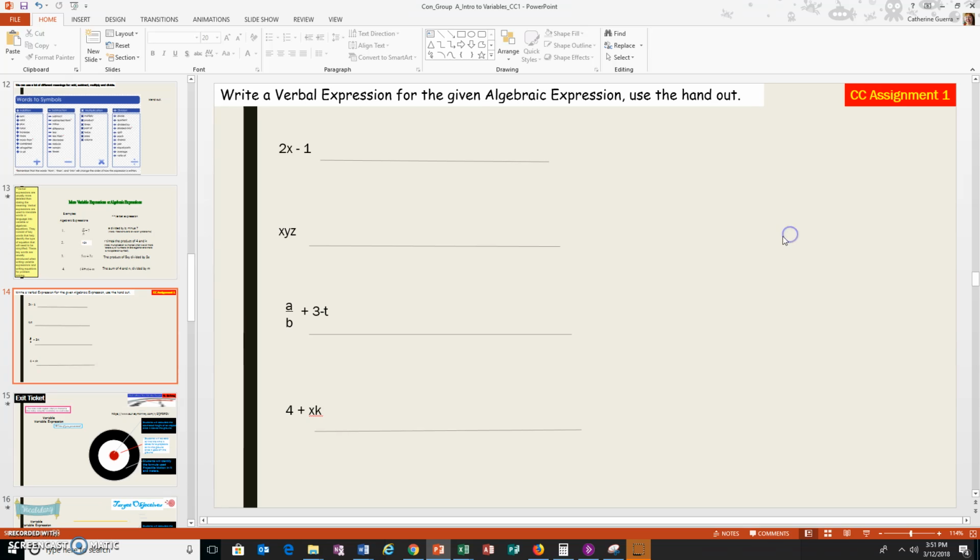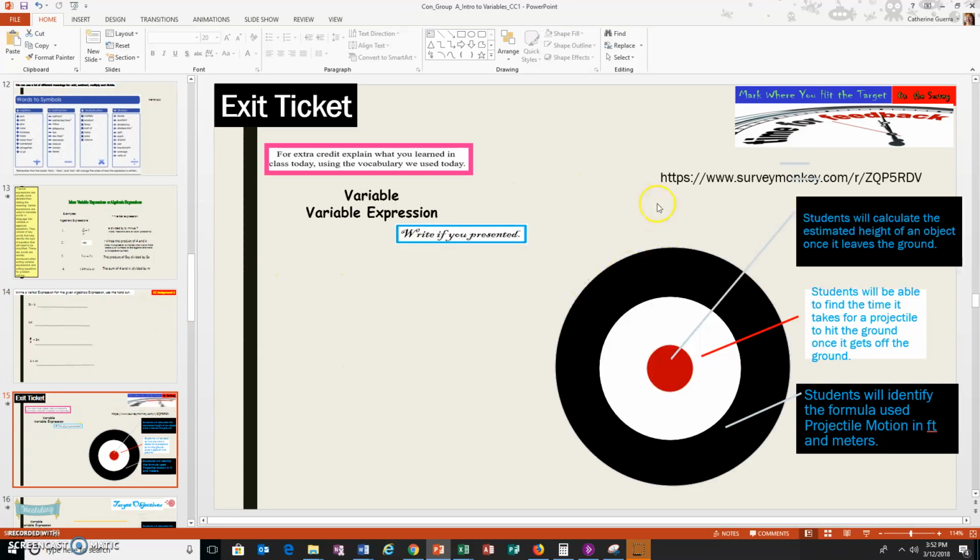Now, what are you going to do? Well, you have a worksheet, and there's more to the worksheet than what's on here. All of this that I want you to fill out and complete is on your worksheet. Once you turn this in, I will grade it and get it right back to you. Once you have completed it and seen and made corrections, I want you to make corrections. I will send you the Survey Monkey, and then you will complete that.